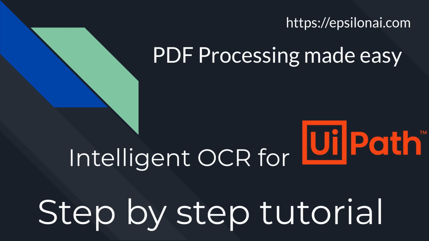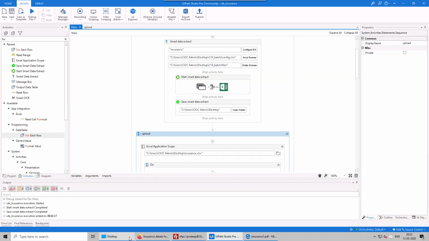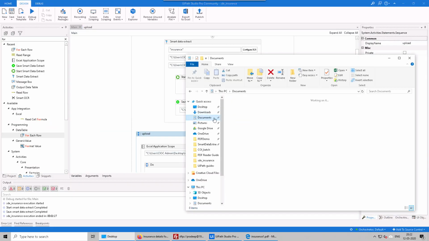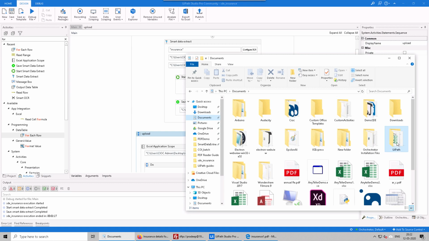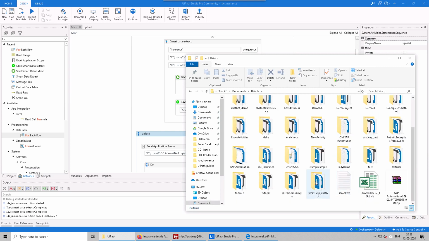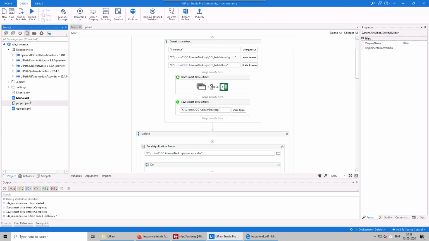So yeah, that is it from my side. I hope you liked the demo, and I'm hopeful that you will be trying it very soon. Another thing that I just want to mention here is that you have to keep the license file in the same folder. So let me just open this.